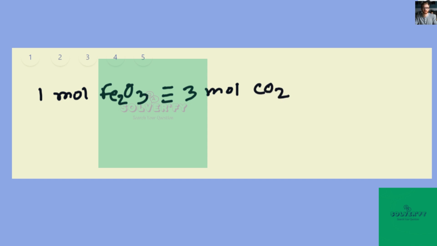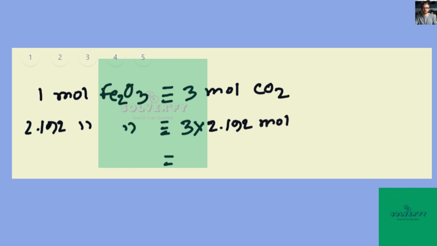That means 2.192 mole Fe2O3 will give us 3 times 2.192 mole, which is equal to 6.575 mole